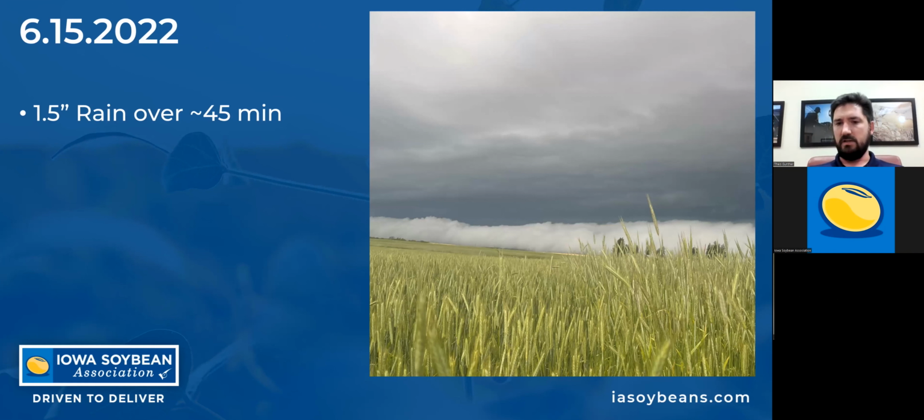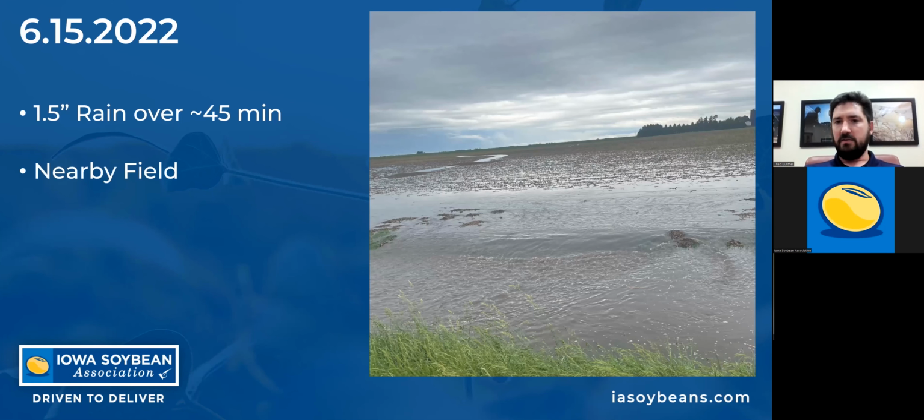That rye is headed out. It's approaching peak biomass, and as that storm rolls in, that rain is going to meet that rye at the ground level. When we go by a nearby field, we have substantial runoff. So this is a soybean field that the beans were approaching